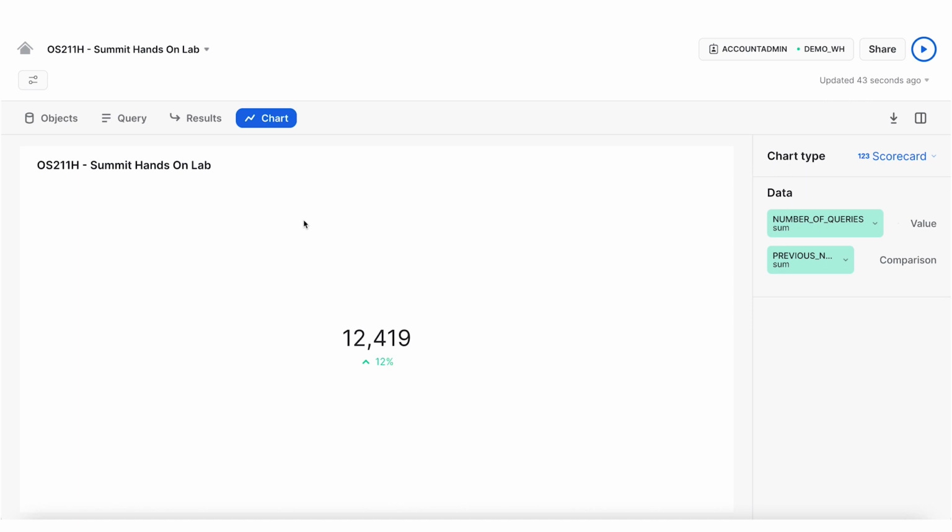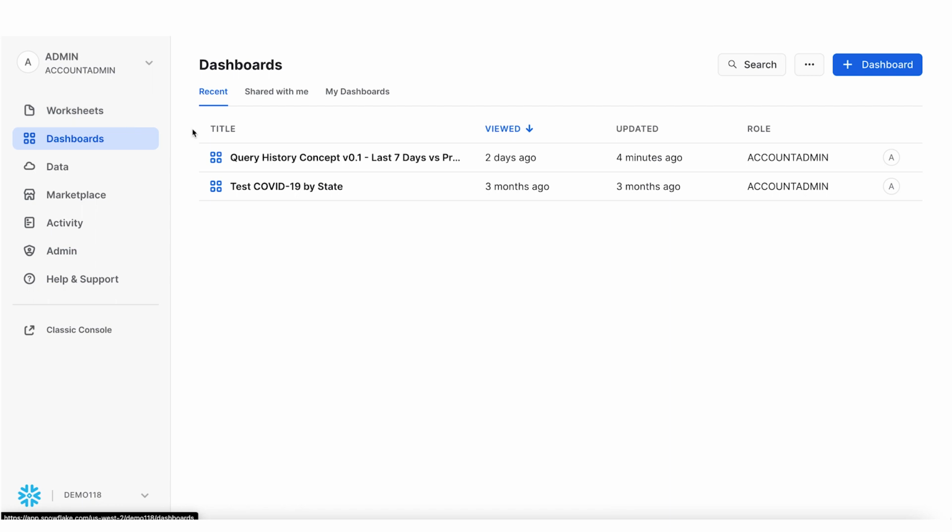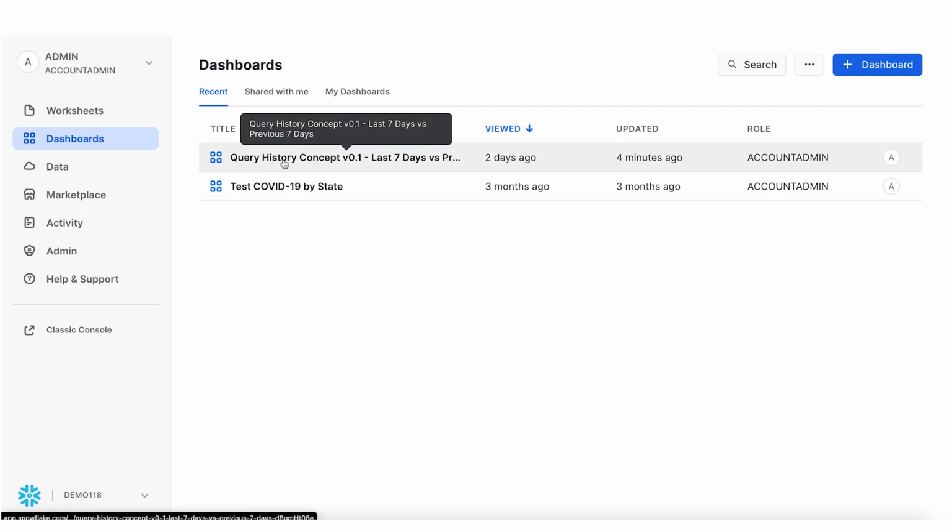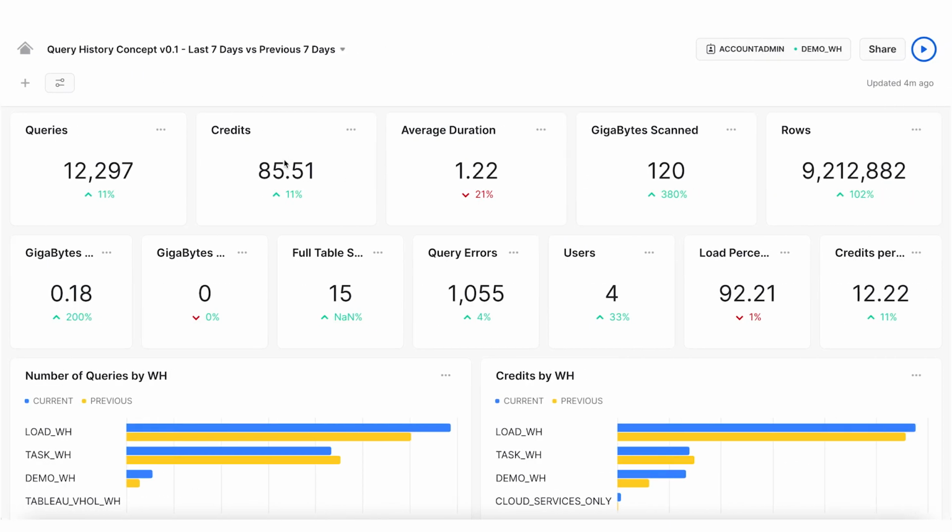I've been running a few more queries this week. But I want to show you a little bit more on the dashboard itself. If I come here to the dashboard of this query history concept, last 7 days versus previous 7 days. Again, I can see my queries, my credits, my average duration, gigabytes scanned is up, rows are way up, gigabytes